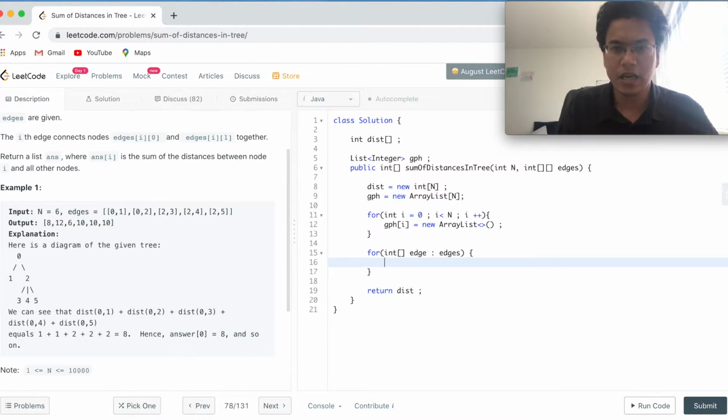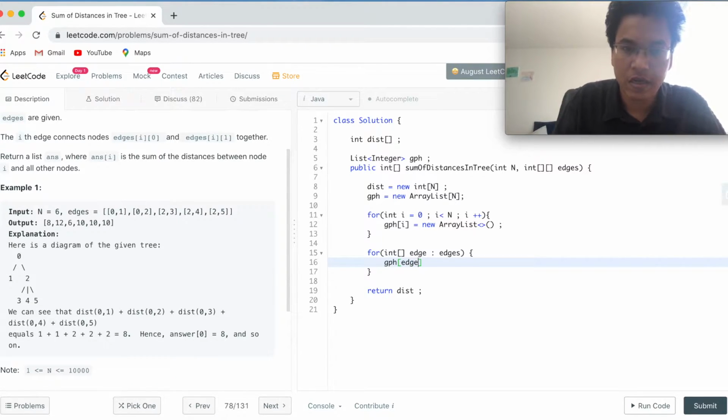Now let's create the adjacency list: for int array edge in edges, for each edge we just want to fill our adjacency list. We'll say gph of edge[0] dot add edge[1].